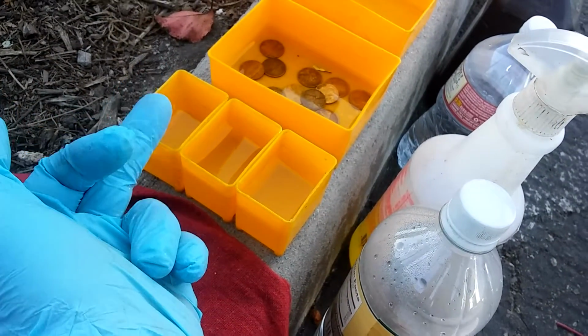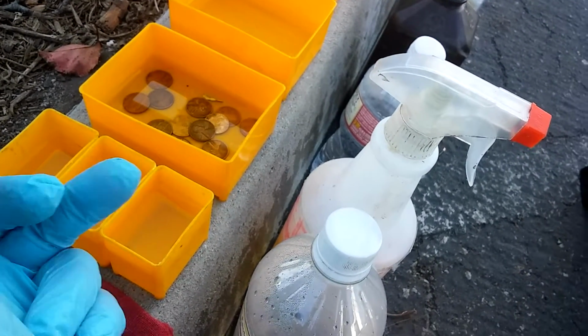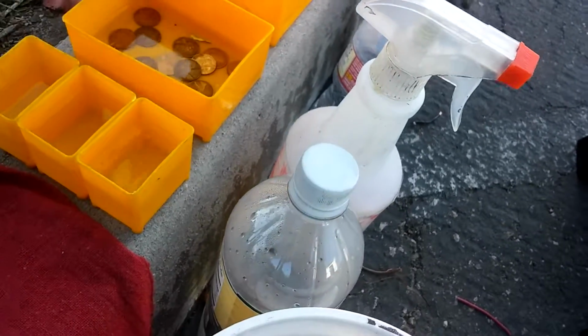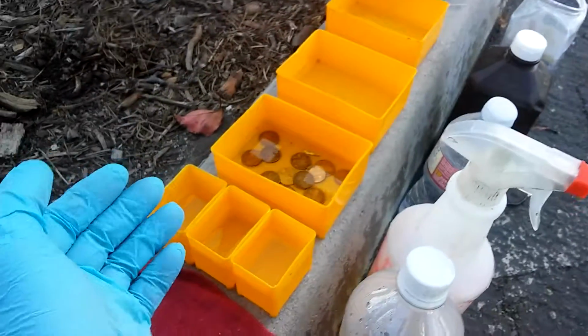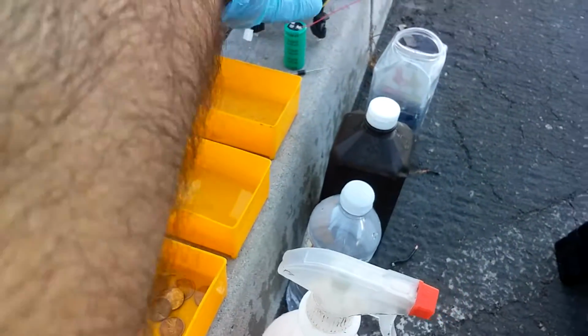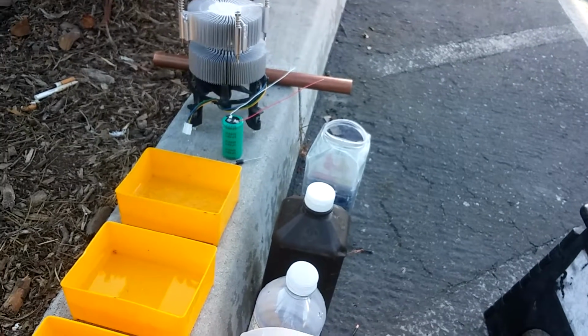Same thing here. Degreaser. Water. Hydrogen peroxide. Once it goes through all 3 of these, it goes through this, then this, then this, then out. And if it survived all that with no oxidation occurrence,